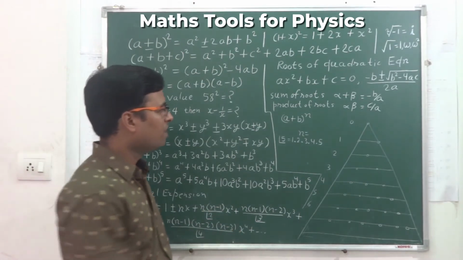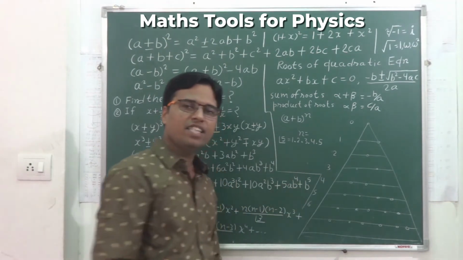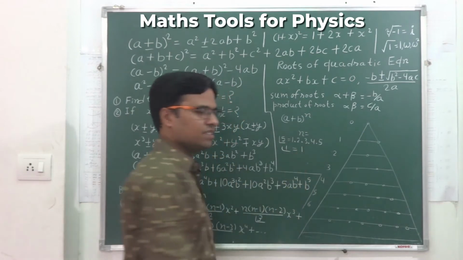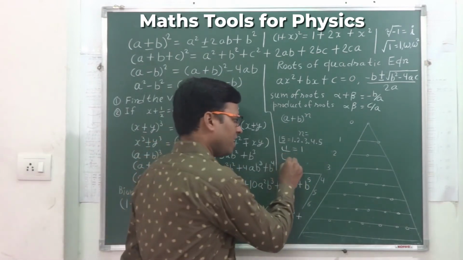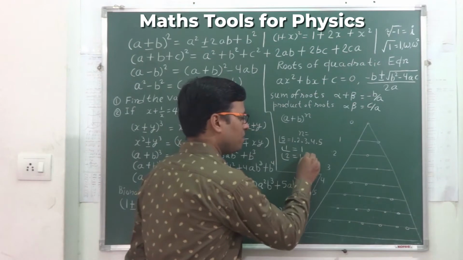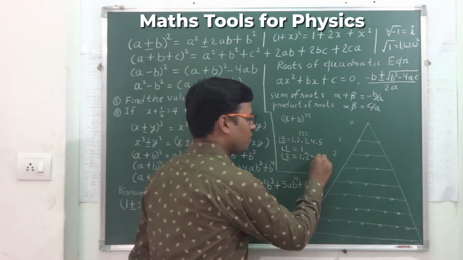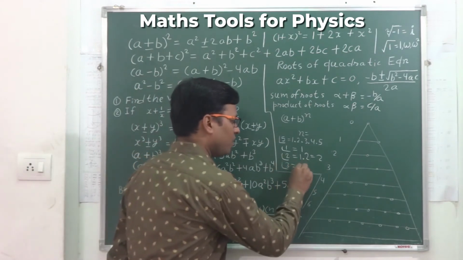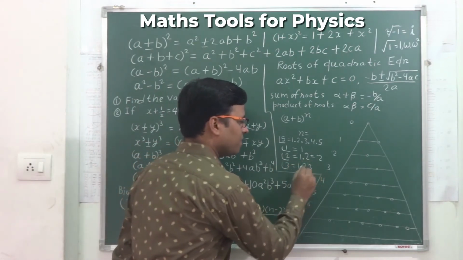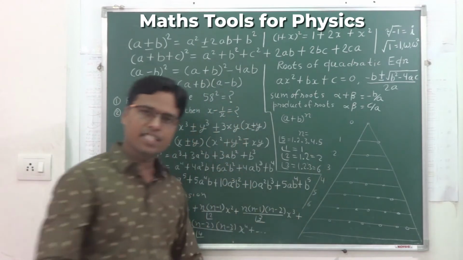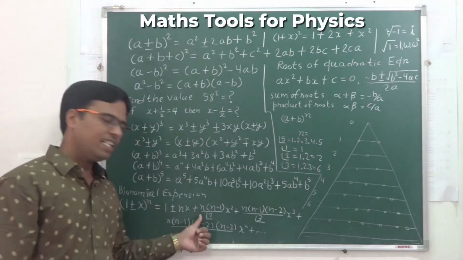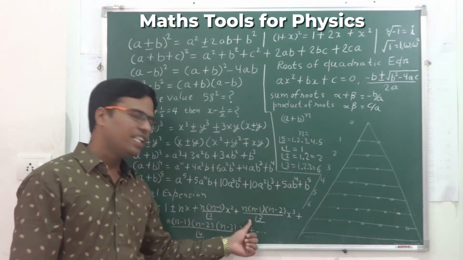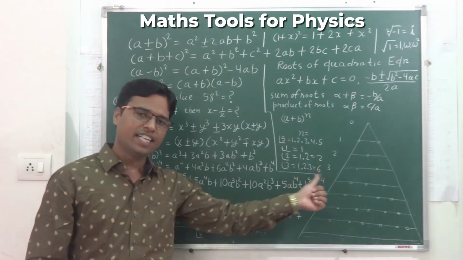You don't know. Now, we want to get the value of factorial 1, that would be equal to 1. Factorial 2 would be equal to 1 multiplied with 2, that is equal to 2. Factorial 3 is equal to 1 multiplied by 2 multiplied with 3, that is equal to 6. So here factorial 2 can be replaced by 2, and factorial 3 can be replaced by 6.